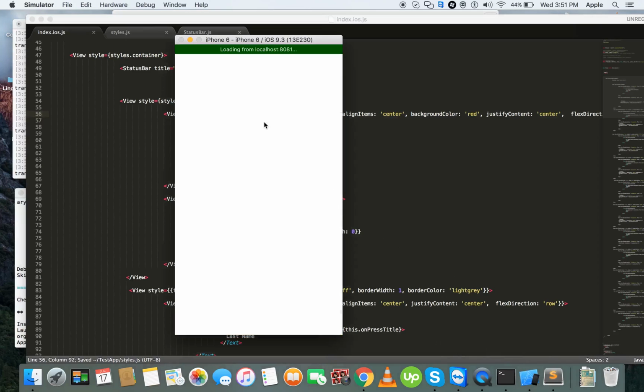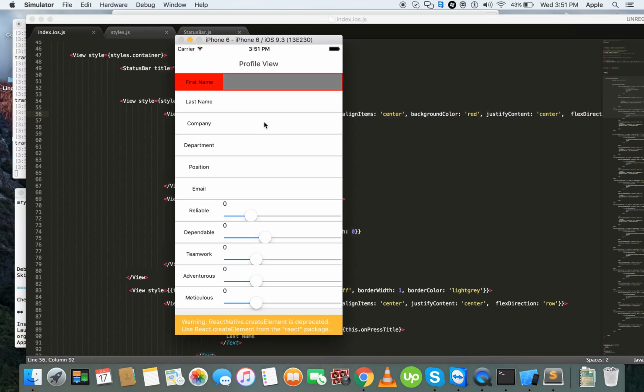You have to save every time you make any changes and want to see your changes on the emulator. You will use Command plus R to reload your changes. Okay, so now